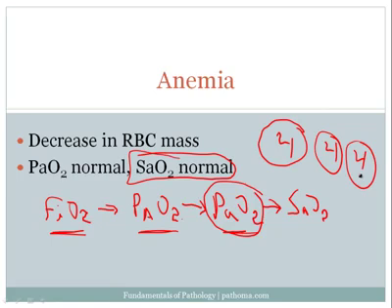Now, let's say that I get an anemia and I knock out 1/3 of my red blood cells. Each of my remaining blood cells is still carrying 4 molecules of oxygen. And so here I'm again 100% bound. So the SaO2, because it looks at the percentage of oxygen molecules that are bound to hemoglobin, is not going to be altered in an anemia. So I hope that's clear.